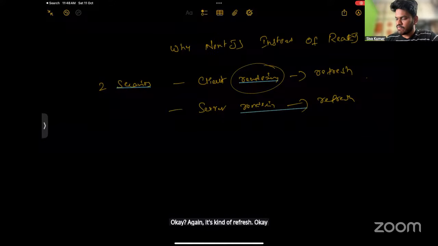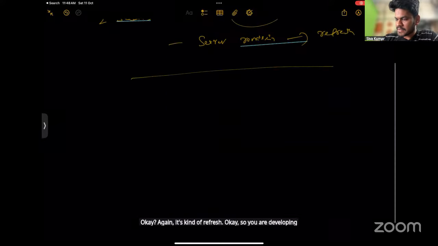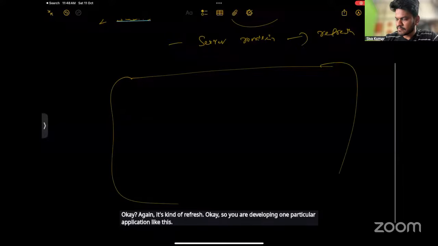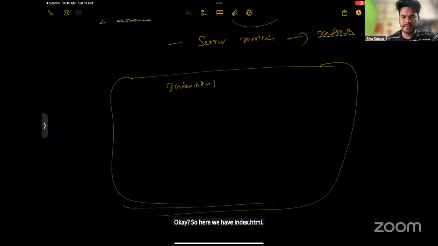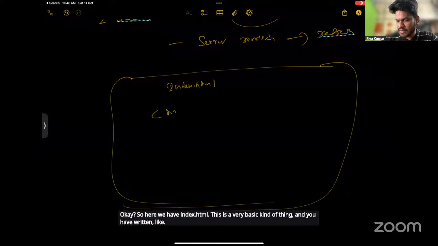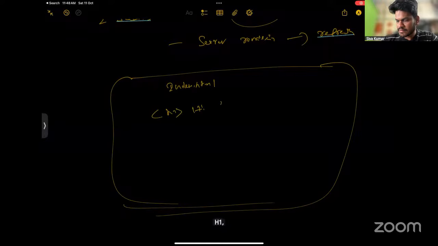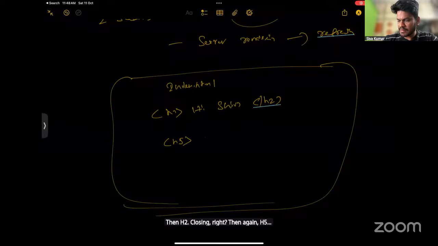So you are developing a particular application like this. Here we have index.html. This is a very basic kind of thing. You have written H1, Hi Shiva, then H2, closing, then again H5, then close, slash H5.